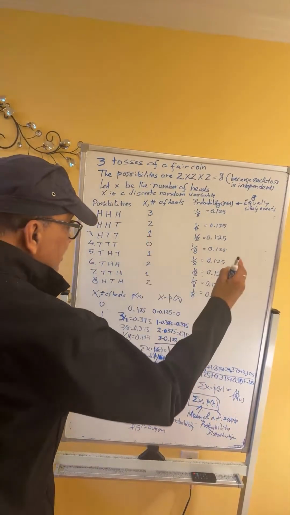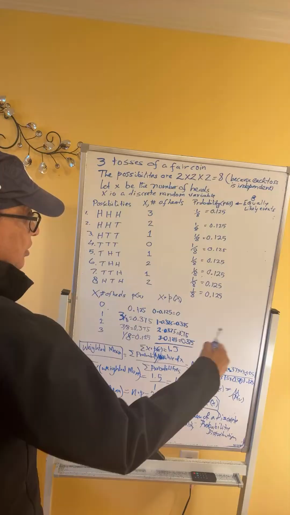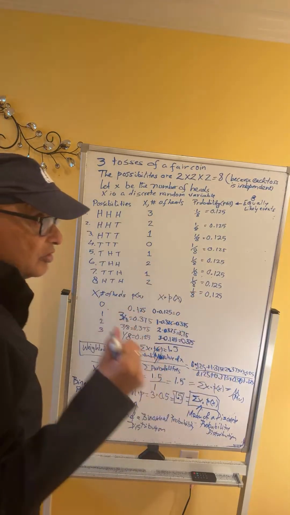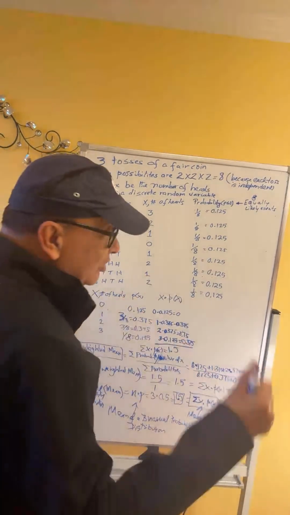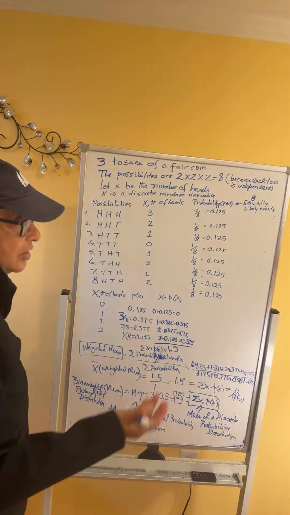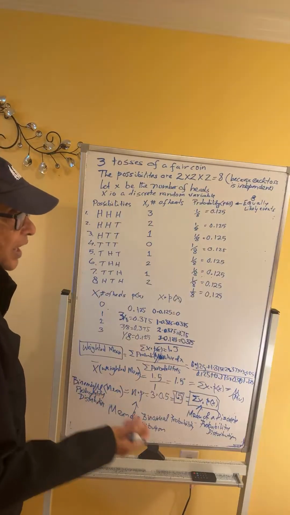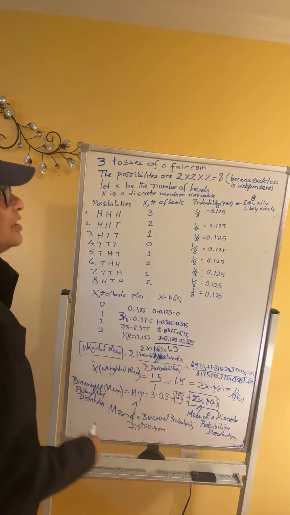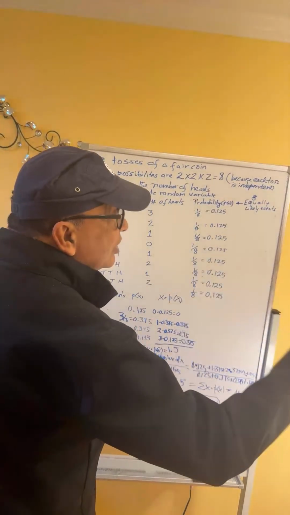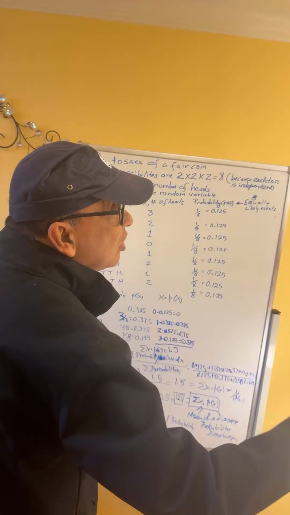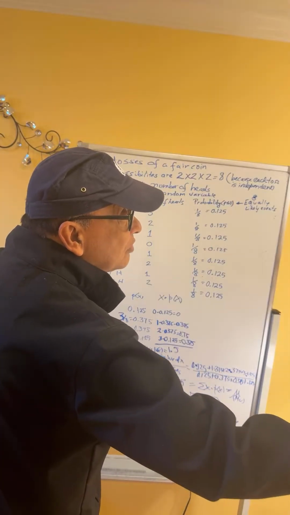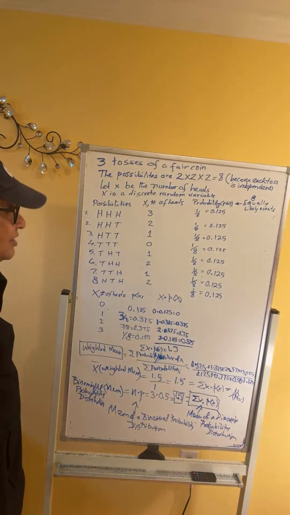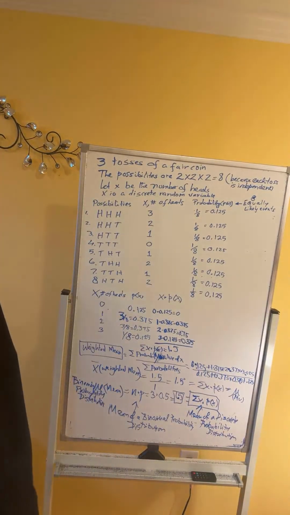Why? Either you get 0 heads, then you jump to 1, 1 to 2. No fractional value of heads is possible. We count or list the number of heads. What we proved here is that the formula for the binomial probability distribution mean, mu equals n times p, comes from the application of the formula of the mean for a discrete probability distribution, which is sum of x times p(x). Okay, so I will stop here today.